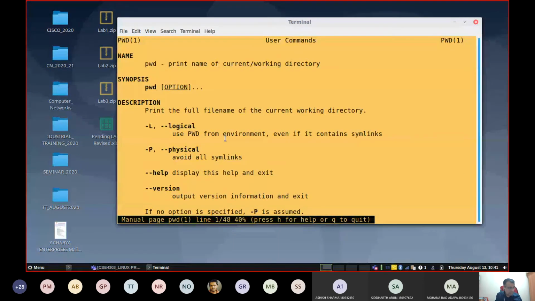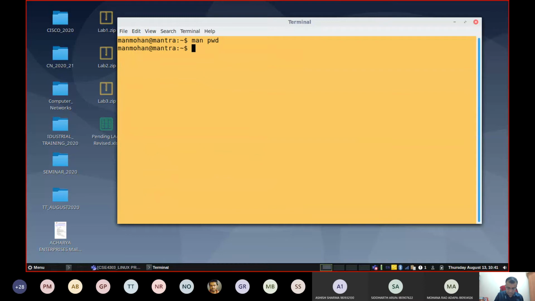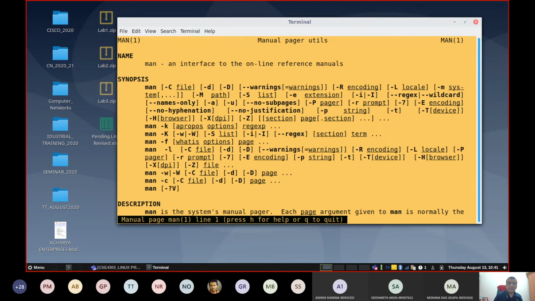This is more than enough for any student to learn more about different Linux commands. If you want to learn how to use the man command, type man man. It will tell you about the man command also.